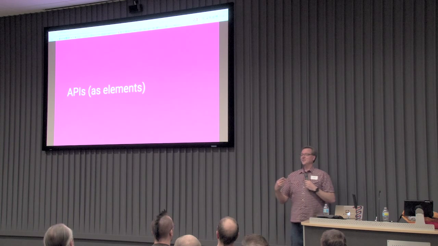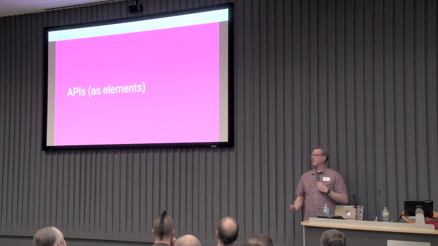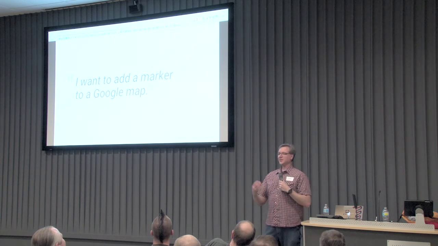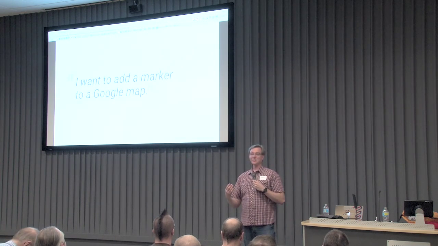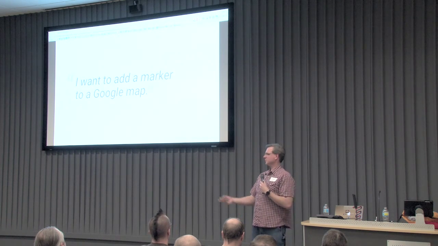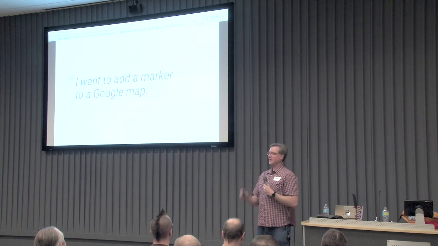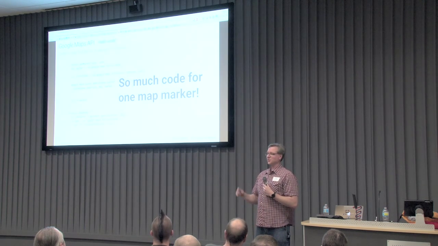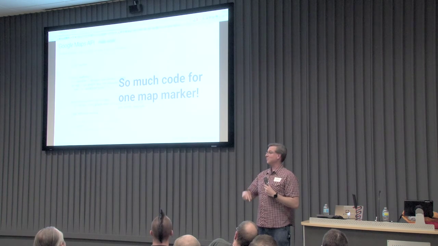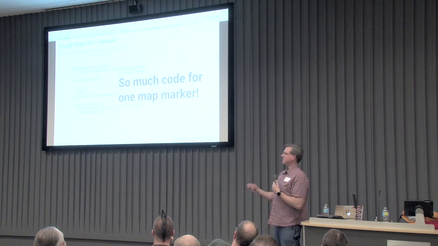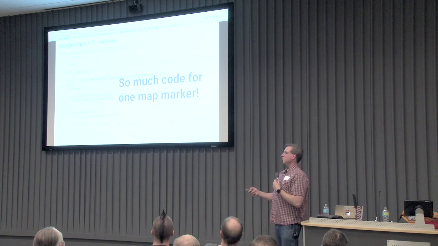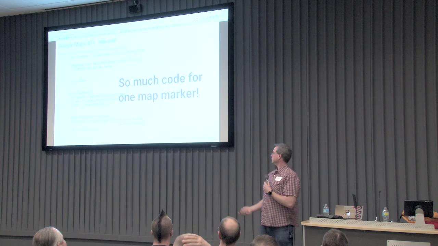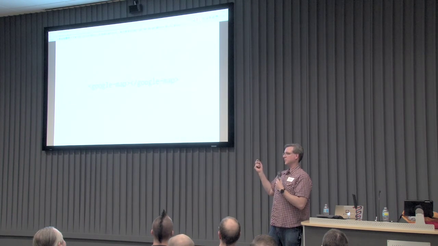So another thing that this enables us to do is to take APIs as elements. So we're all web developers, right? One of the things that's pretty common is to add a Google map, right? Oh, could you just add this as a Google map? Yeah, of course, we can do this, right? There's so much code just to add a map on your site, just to get even a marker on a map. Well, by taking this open, standard API of Google Maps and converting it into a web component,